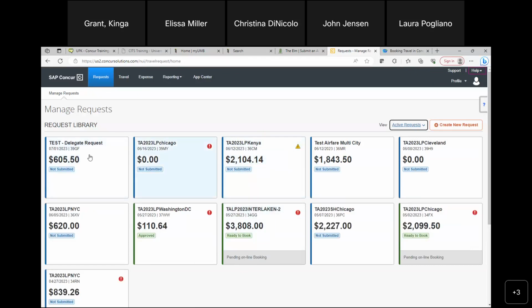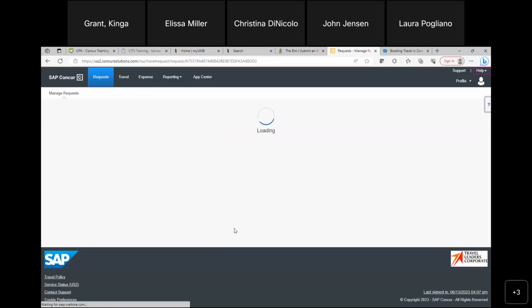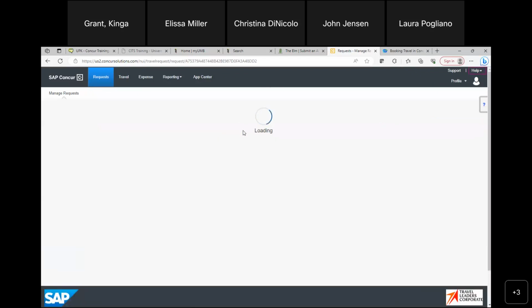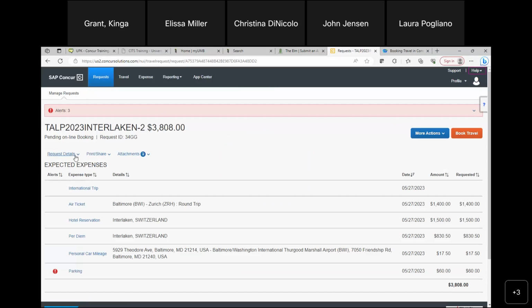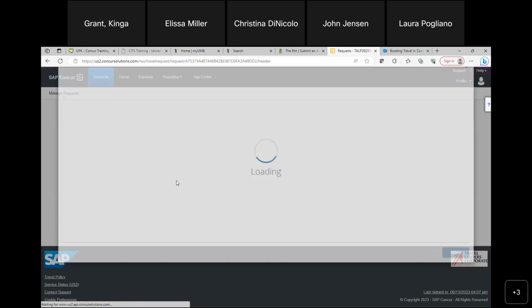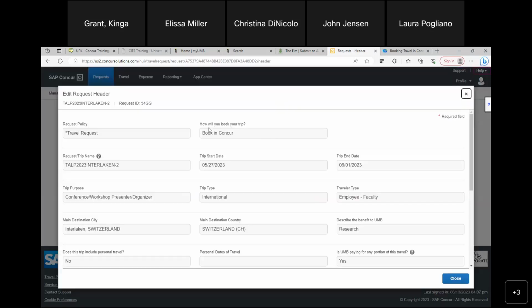If you are in a travel request, I'm just going to open this same one again. And I'm going to go to the header. See, this is grayed out, book in Concur. So this trip to Interlaken is pending online booking. So it has been through all the approvals that it needs to go through. And if you needed to change it at this point, before booking,